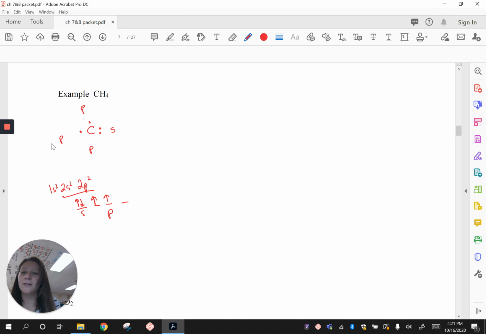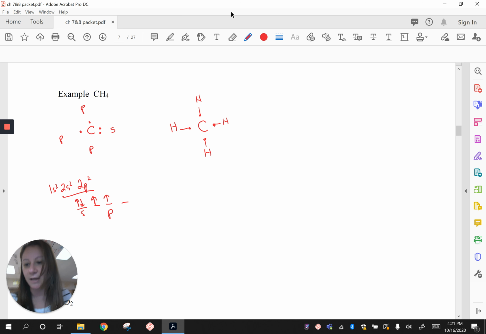So the way that it is right now, I can't really bond 4 hydrogens, right? There's nothing here to bond with the 4th hydrogen. So what happens is we put the electrons here so that we can bond to 4 hydrogens. So no problem, maybe one of the electrons in the s went into the p or something like that. You remember the s looks like a sphere. The p orbitals look like dumbbells. So we'd expect one of them would look like a sphere and 3 of them